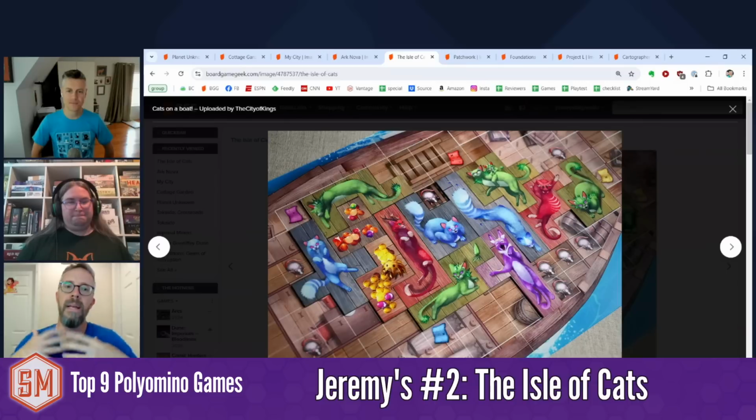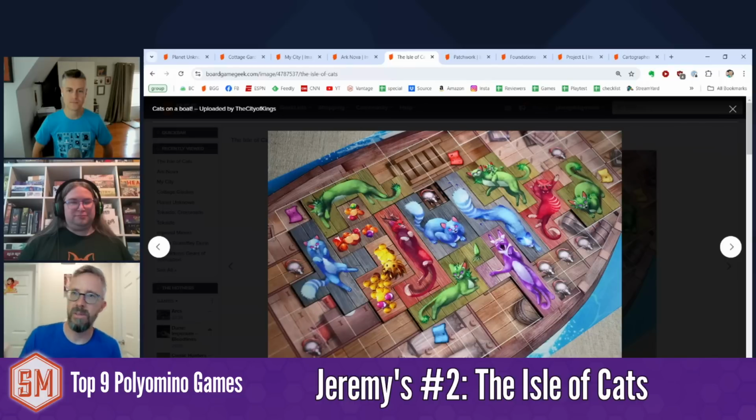Again, the way that you put the pieces and what's attached to all that mentally is just so fun. Like all the drafting elements: do I put this green cat next to this green cat in order to make a family? But really, this purple one fits better in this spot right here, and I don't have the little negative space in the corner, or I don't have the rat uncovered. And then